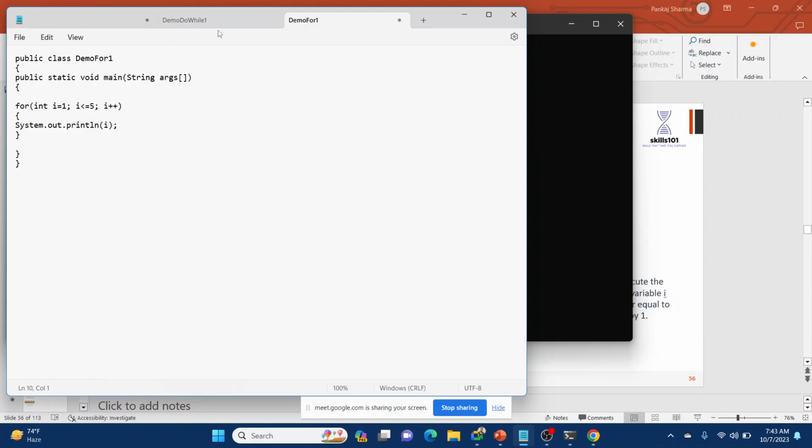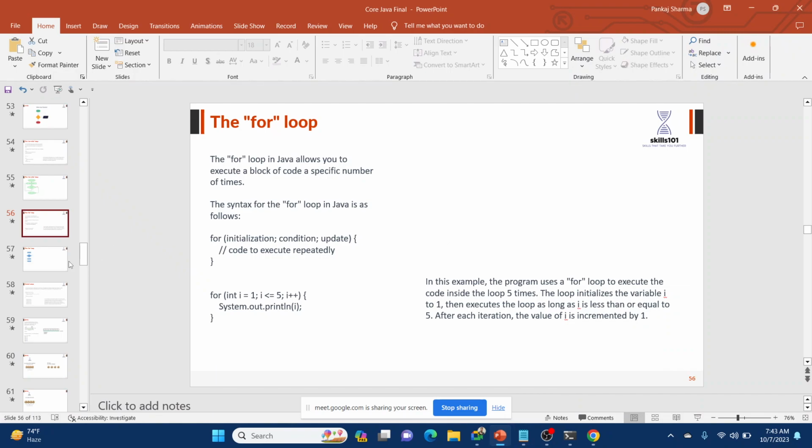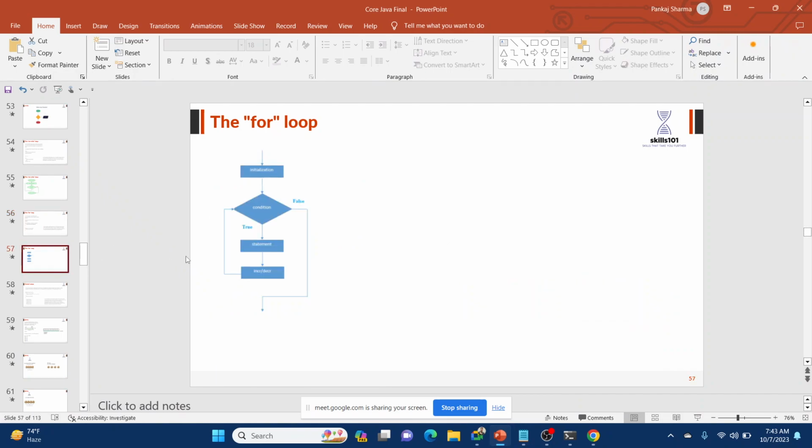Now we will understand the differences between while, do while and for loop. So what are the differences? The while loop and for loop are entry point loops, where the condition is checked before the statement.